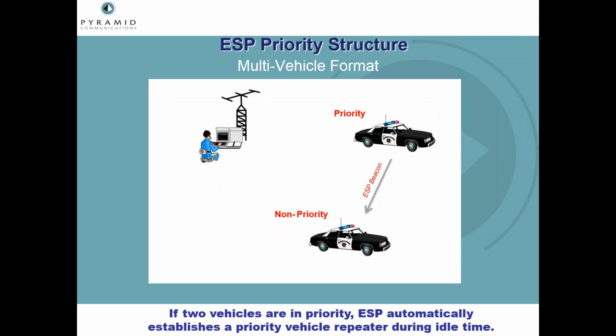So in other words, because the beacon goes out all the time, even when there's nobody using the vehicular repeater, the beacon resolves the conflict of two units being in priority,